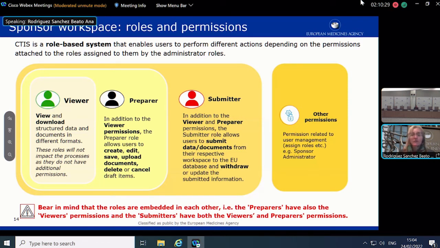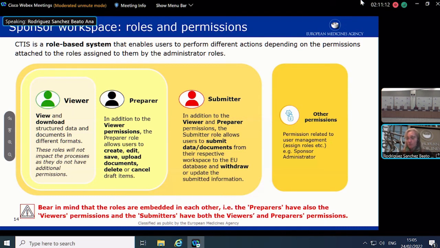For example, cancelling an application is something that, in the context of applications, only the submitter roles can do, but in terms of notification or a summary of results it is different. That's why we keep it here, but there are some exceptions. And then we have the submitter role, that is the one that at the end will press the button and say, okay, now I submit my application. It will go to the European database, and this will have consequences because information will be made publicly available at a certain point in time, depending on the deferrals that you apply. There will be other talk sessions where you can participate, and that will explain how to create an application and how to apply a deferral.